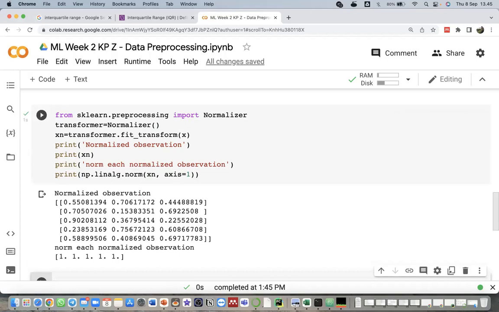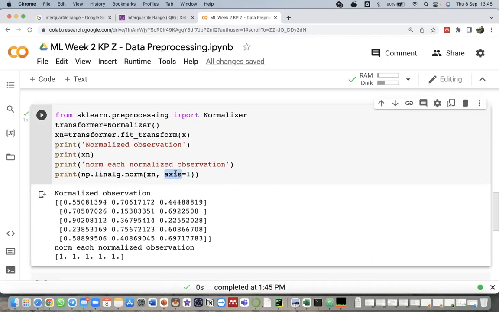So my question is why we should use axis equal 1? Kenneth or Gabriel, why do we put the axis equal 1 argument in our np.linalg.norm function?